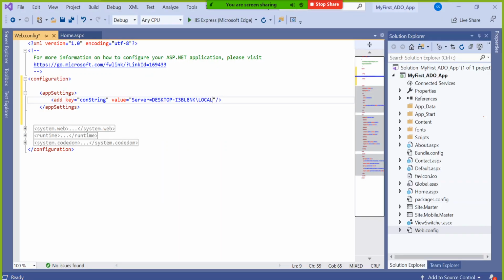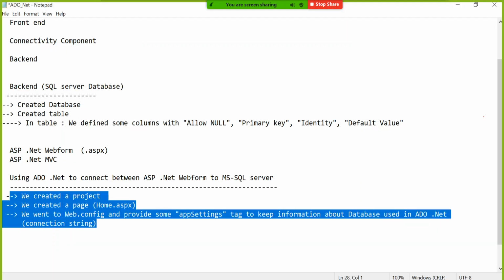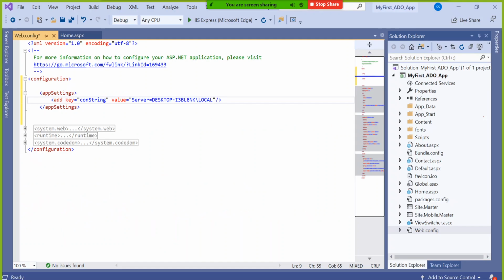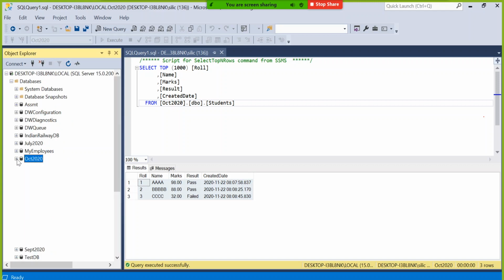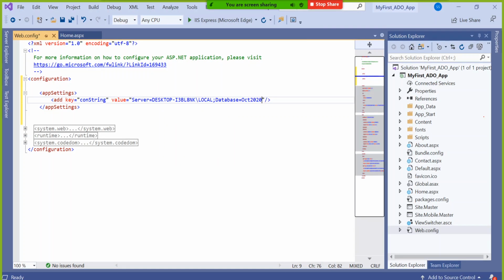Okay. As of now, is anybody missing a step or something? I'm already writing the steps here also. Okay, so put a semicolon. A connection string is a constant value that has the information about the name of the server, name of the database, and user ID and password. So server equal to, I already wrote it. Now database equal to, what is the name of the database? The database name is October 2020. Just copy it. Why should we type it? We may make a spelling mistake. Copy and paste it.